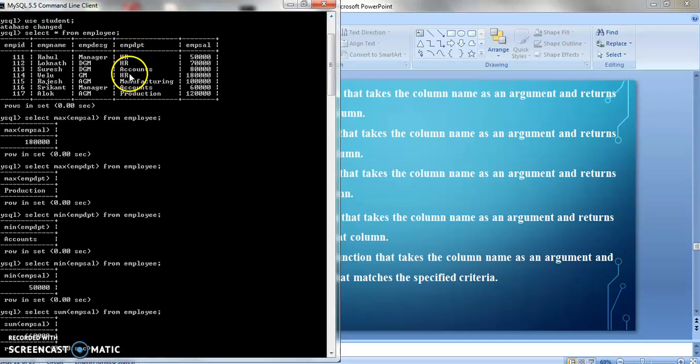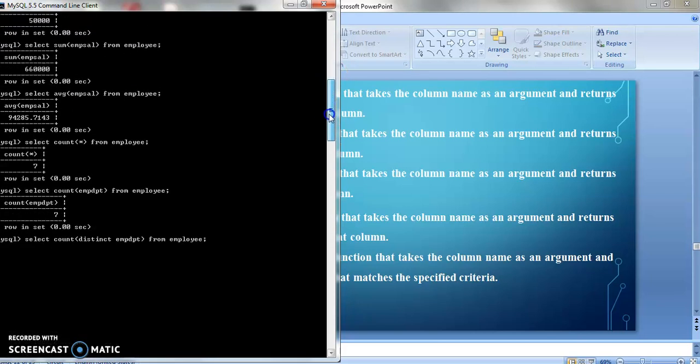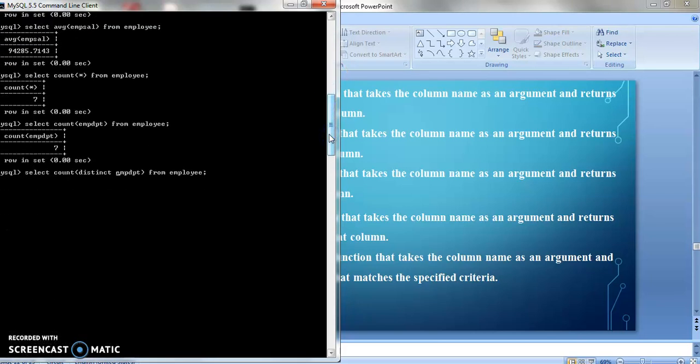HR 1, accounts 2, manufacturing 3, and production 4. It will take only unique values, not duplicates. It will not take HR again because HR has already occurred. So first it takes HR, then accounts, then manufacturing, then production. So the number is 4. You can see it is coming as 4. I hope you are getting my point.